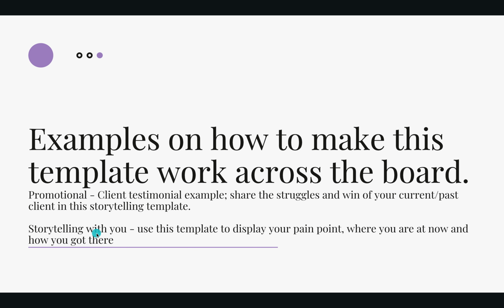Now, storytelling posts, again, can be utilized with this template. So again, you're going to highlight your pain point at the beginning, what were you struggling with, and then where you're at now, and then how you got there. So making sure that we have a really great headline as well and a call to action. But this is the meaty part, where you can tell stories and say, okay, here's what I was struggling with. And it's also equally important, make sure that the pain point resonates with your audience. That's how you relate it back to them.